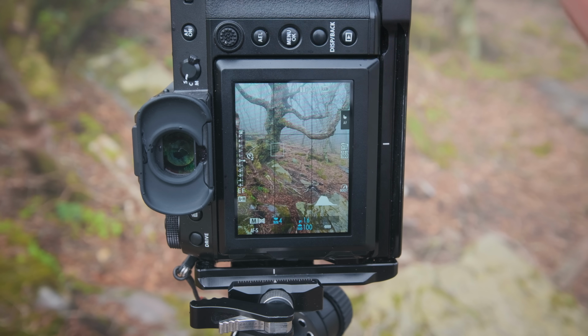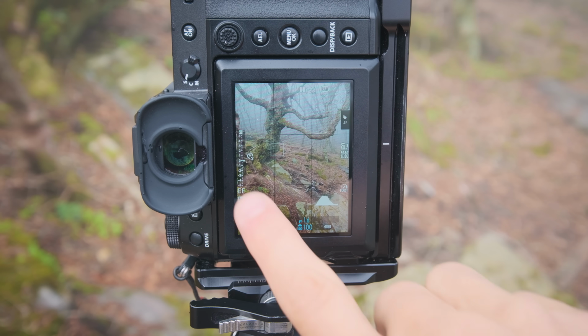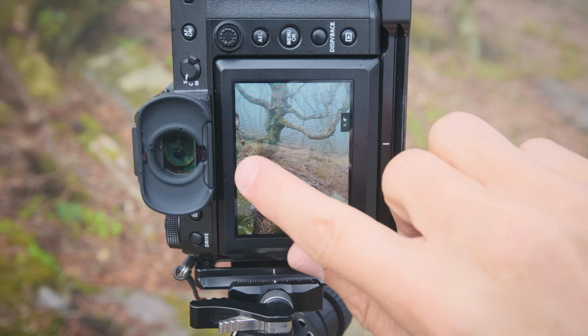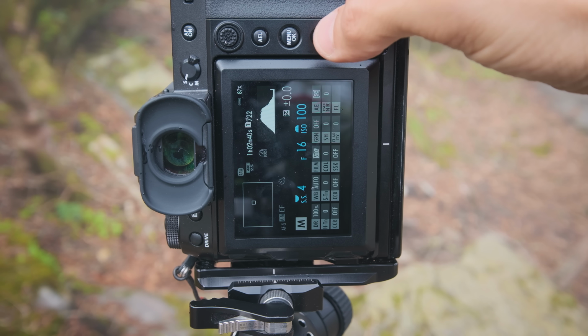But as you can see, I got my tripod up very, very high and angled up a little bit to where I'm cutting out the sky up here, because the sky could be very, very blown out. But that tree, let me remove that. You can see the tree just a little bit, but I was able to remove it as much as I possibly could. So I'm not certain as to how well that's going to come out, but that was a good